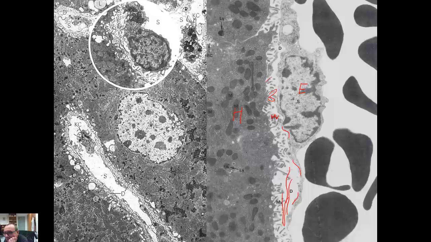These are processes of the basal surface of a cell. So why microvilli? But their function and composition is the same as microvilli. They increase the surface,